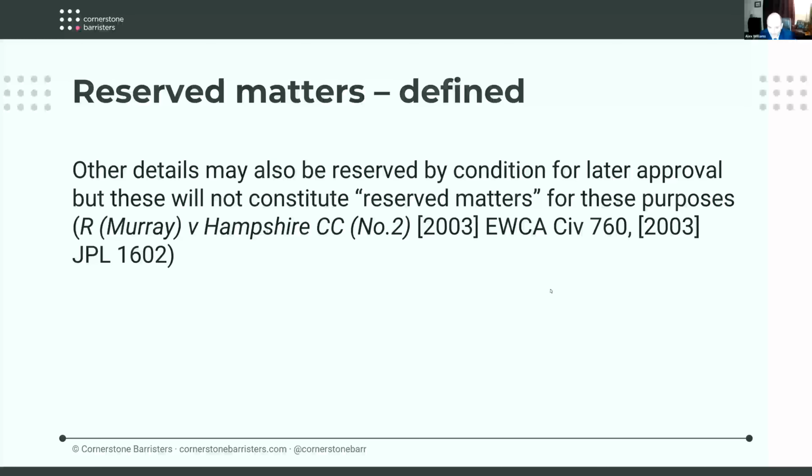So it is open to a local planning authority to impose conditions, even on an outline planning permission, but do just remember that they are conditions and they're not further reserved matters. As we've seen, reserved matters are specifically defined under each of the Welsh and English development management procedure orders, and those are the definitions that LPAs need to work to. Now, I've just trespassed on the issue of time limits, and on that, I'll hand back over to Robin to say a few more words.